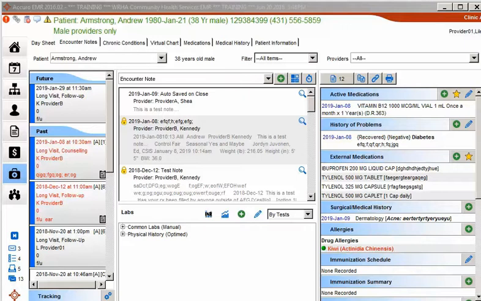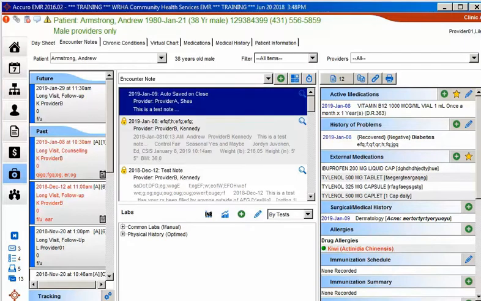If an encounter note was open during that time, an autosave has been developed and the encounter note will be saved within the patient's chart. However, the title of that note will be automatically changed to Autosaved on close, and the default type will be noted as letter. To obtain the Autosaved encounter note under the Notes section, within the Encounter Notes tab of the EMR,